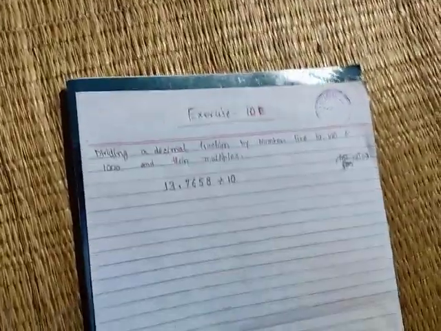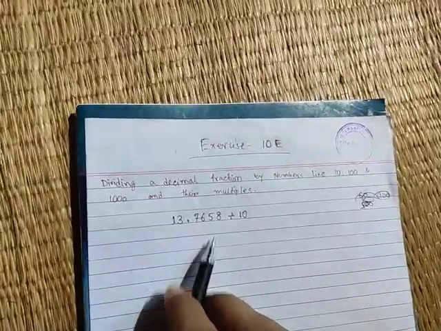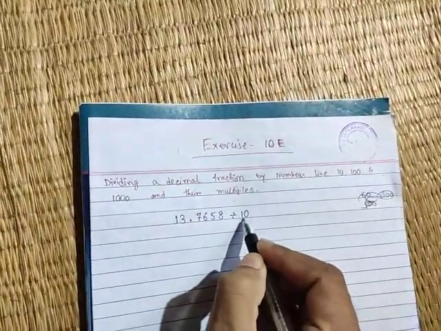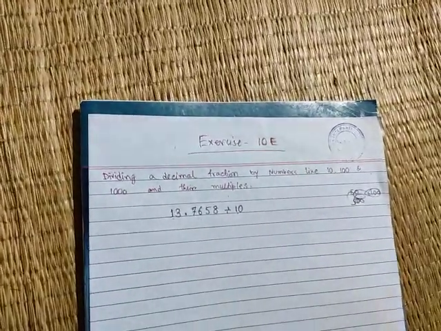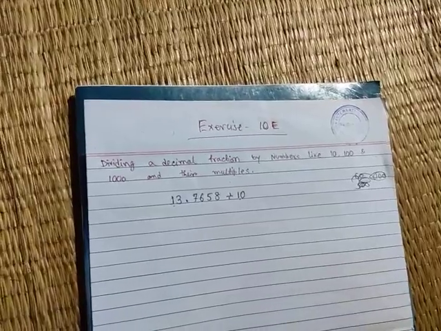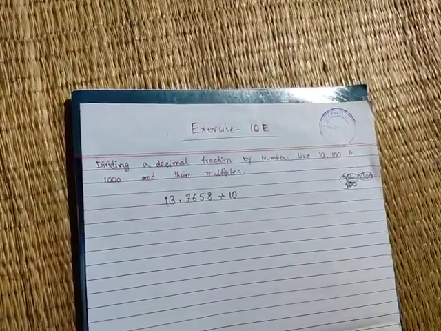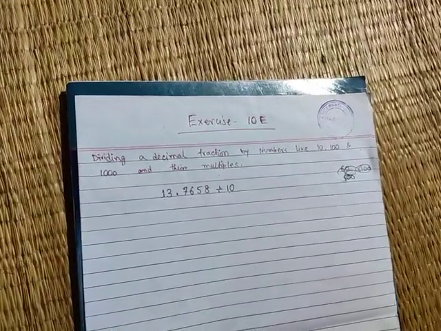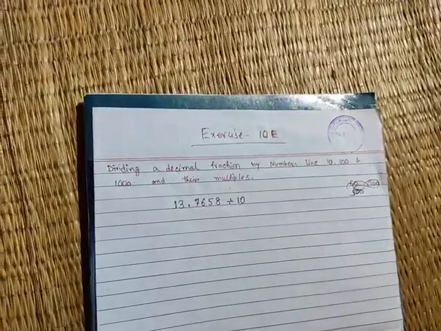Acha, so what is the process here? So see, when you do the division with 10, then this number becomes 10 times smaller. If we do the division with 100, then the number becomes 100 times smaller. In this way. Okay, so what is the easy process to do this division?